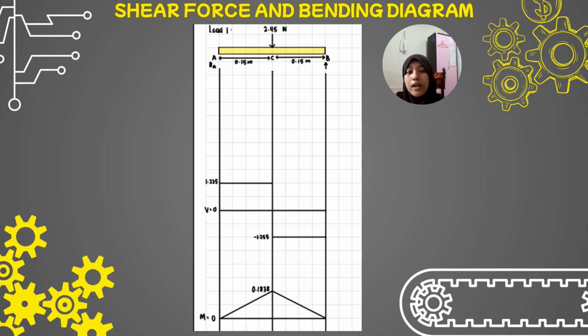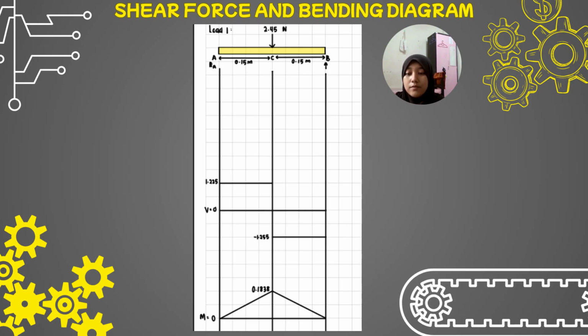So let's look at how the values scale up as the central weight increases. For load 1, we use 0.25 kg mass. It creates a central force of 2.45 Newton. The supports push up with 1.225 Newton each, and the maximum bending moment at the center is